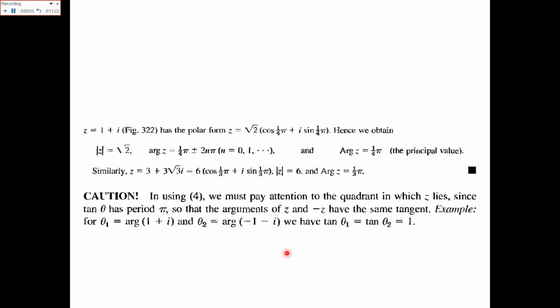Now in the question, z is equal to 1 plus iota. You will first take its polar form, that is equal to root 2 cos pi by 4 plus iota sin pi by 4. So how will you find the polar form? First of all, from the number you will take its modulus to find r. Here the value is root 2. Then you will take the tan inverse to find the angle, that is pi by 4. So the final form of this is root 2 cos pi by 4 plus iota sin pi by 4. Similarly, any complex number can be converted into its polar form just as given in this question.